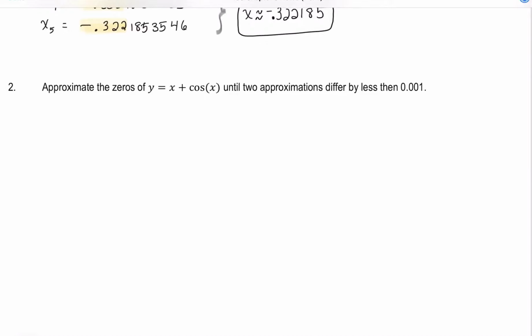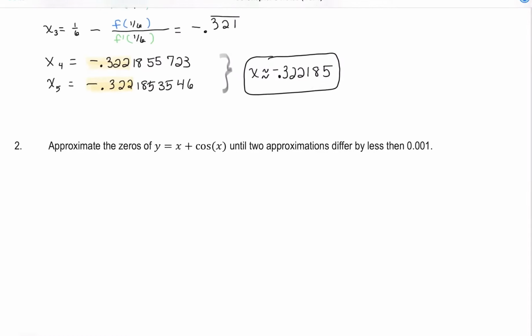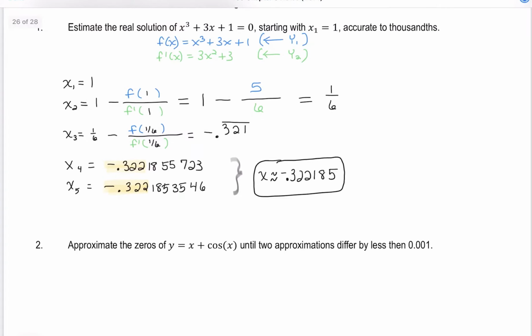So we're going to finish up Newton's method here. We're going to look at one more example, and then we're going to look at some situations where Newton's method might fail. So the first example we have here, we're looking for the zeros of